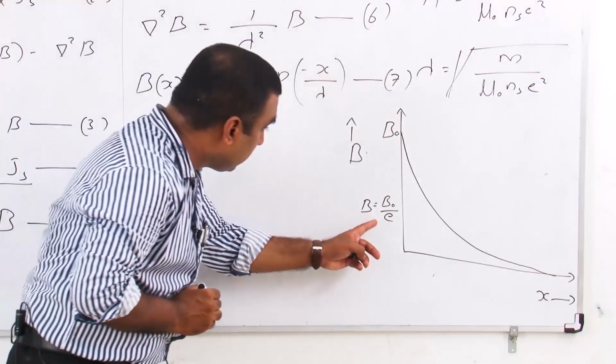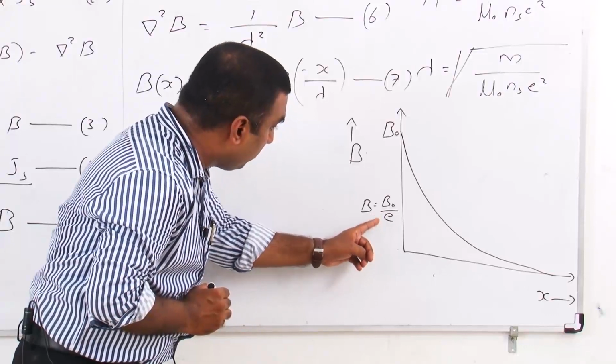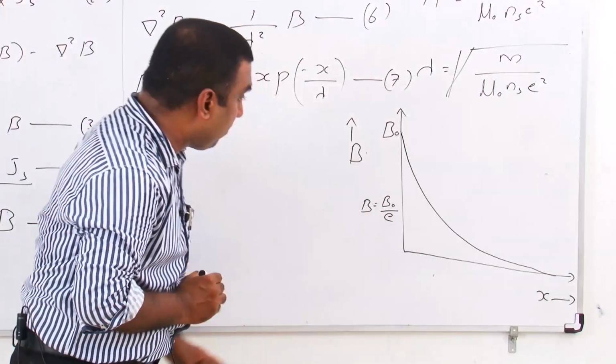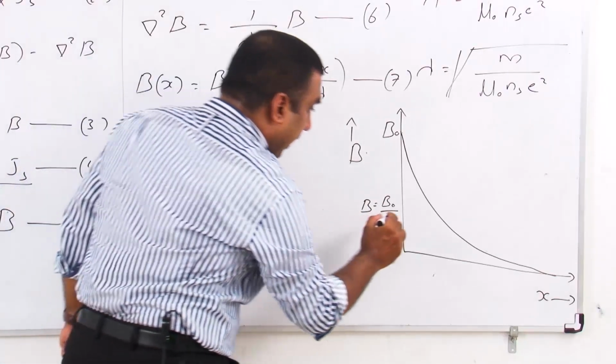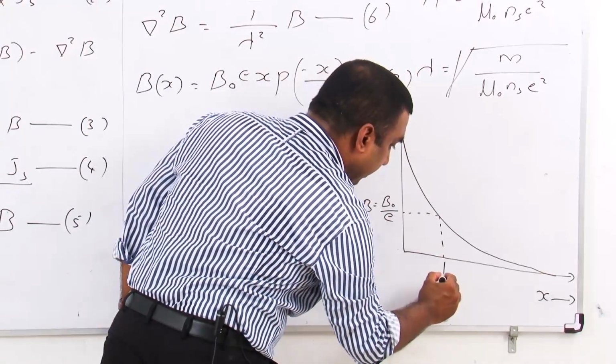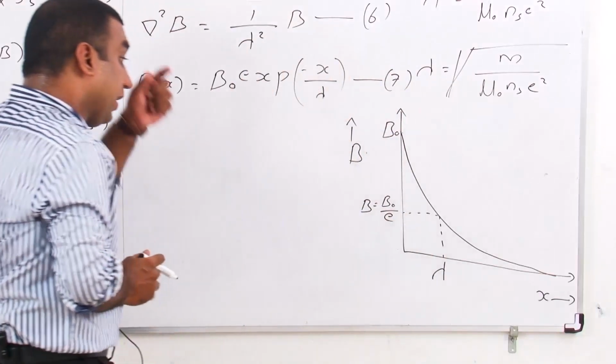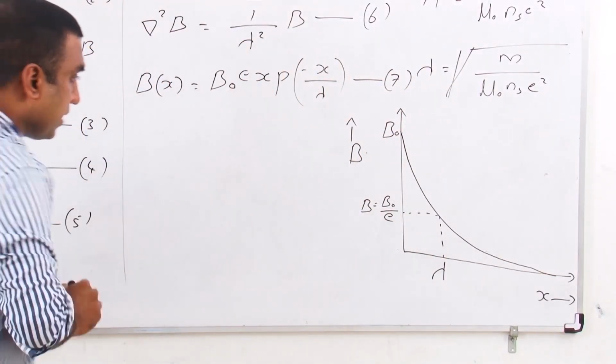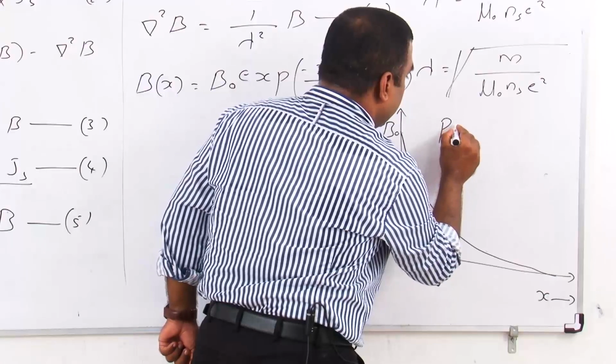Corresponding to this magnetic field, we get a distance denoted by lambda. This distance lambda is called penetration length